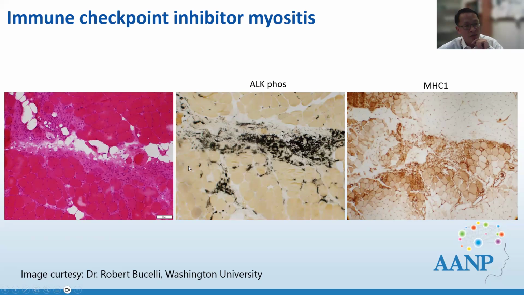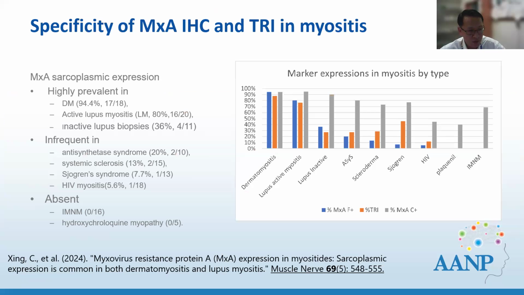Okay, so that's all the 5 differentials that I want to talk about. In real practice, if you don't have the history, these all present as very significant challenges. I also want to mention the staining of MxA, which is right now considered a very specific marker for dermatomyositis. I have done my own study, which looks at its expression in a wide range of overlap myositis, because I've seen tubuloreticular inclusions in almost all of them.